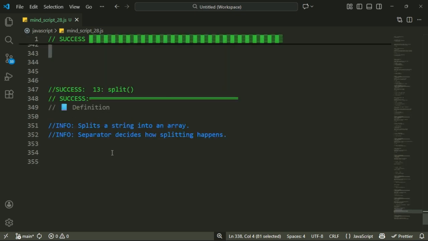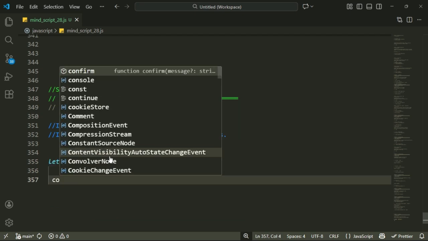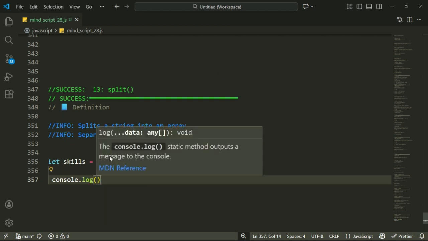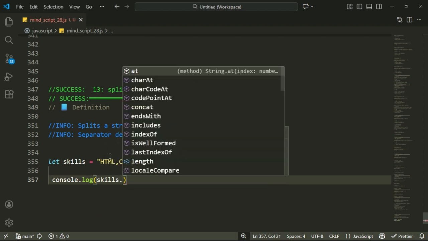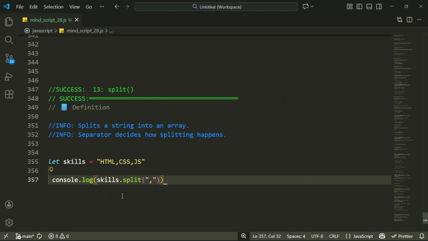Then the last one here is split. Split turns a string into an array. The separator decides how splitting happens here. So we will explain with an example. Let skills, this is skills. Inside the string, HTML comma, then CSS comma, JS. Then we have console.log skills.split function, and inside here on the basis of a comma, you see we have a comma here